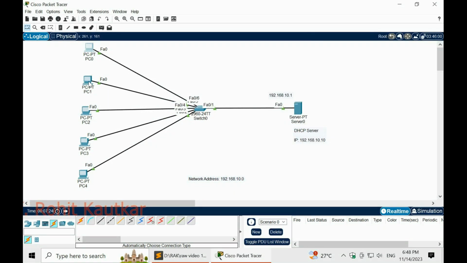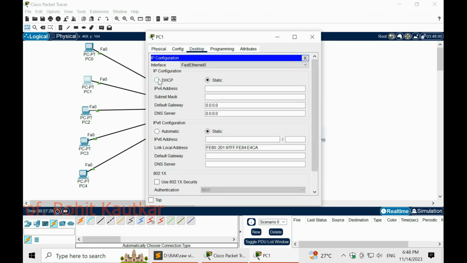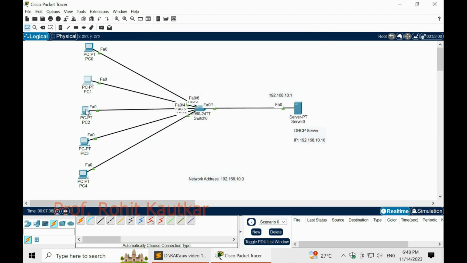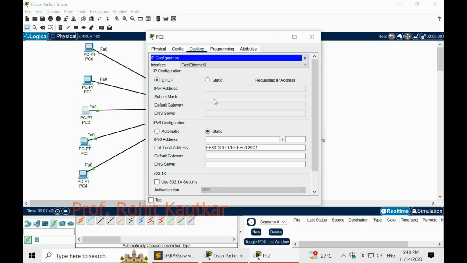Now the second machine: go to IP configuration, click on DHCP. Now this request is also successful. The next IP has been assigned automatically. Here again we will do the same process. You can see it also got the next IP.